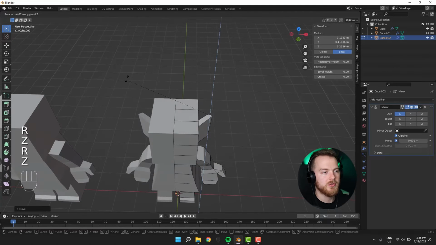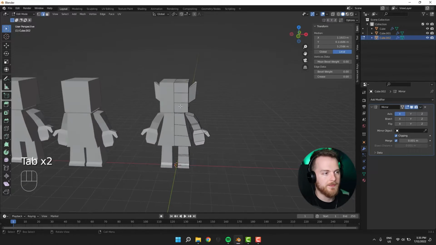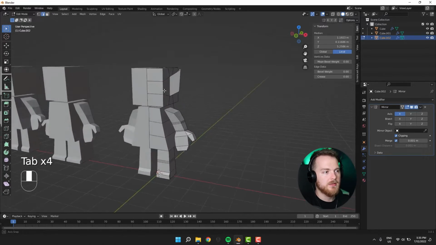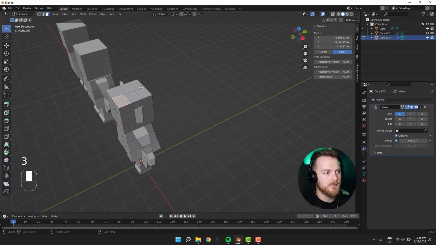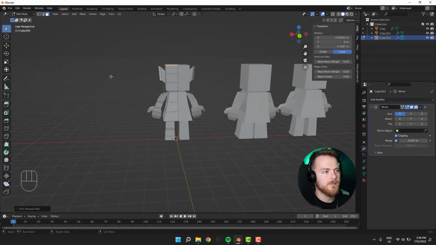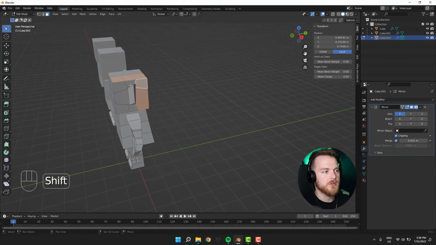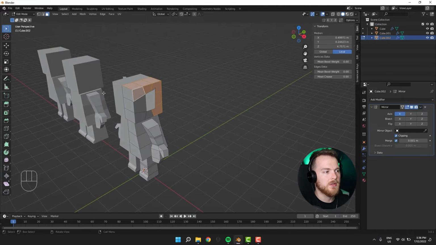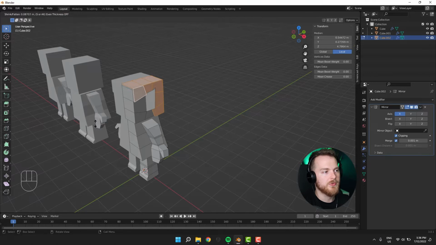I can try to rotate it even, and I have ears for the elf. Awesome. Then definitely our elf will need hair. So I'm selecting those faces, those over here, and those. Then pressing Alt and E and selecting extrude faces along normals. So